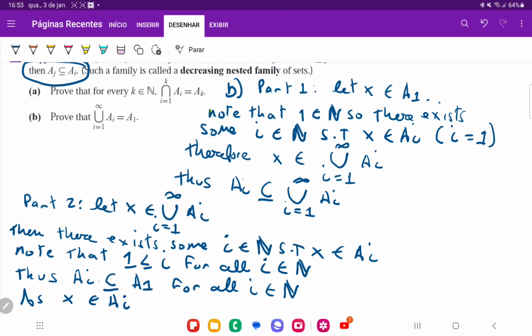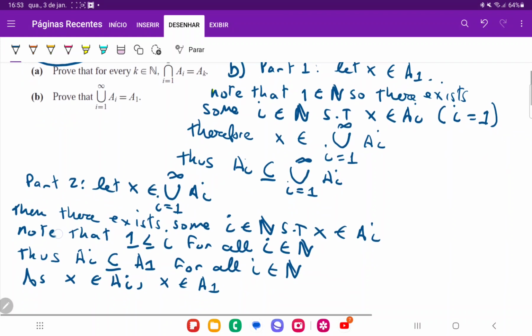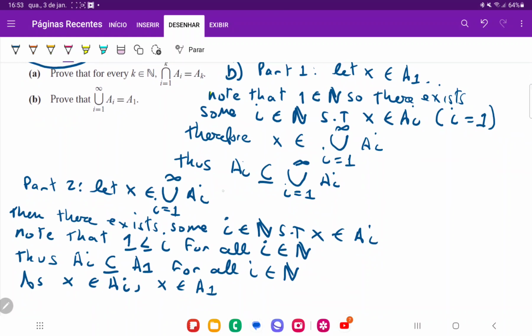Because if x is in the union, it belongs to some a sub I. It therefore means x belongs to a sub 1, since every a sub I is contained within a sub 1. So similarly, we began with x belonging to here, and then we showed that x must be in a sub 1. So our conclusion is going to be, therefore,